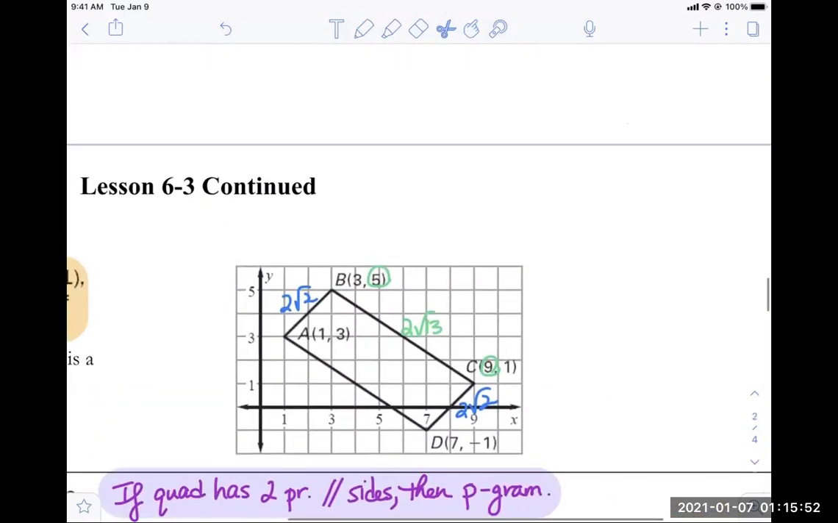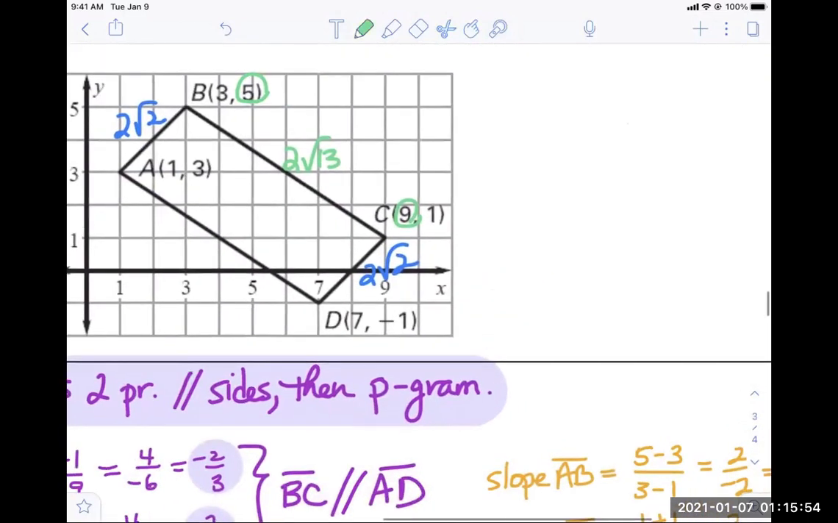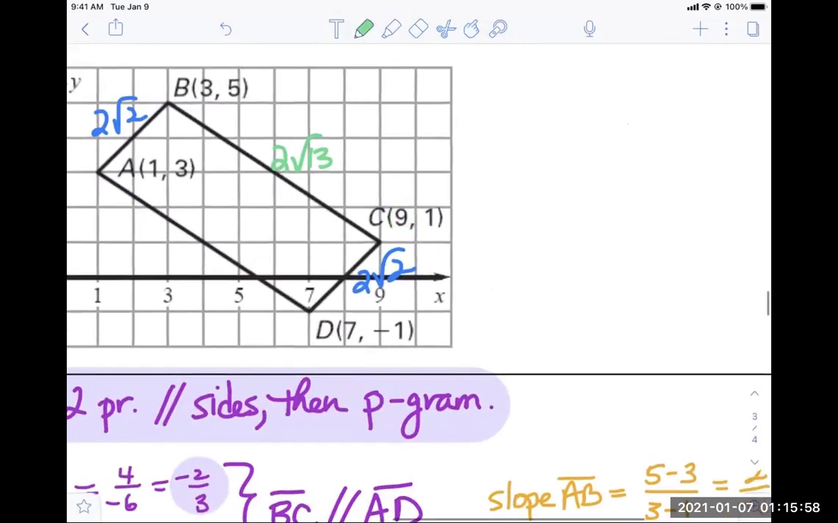Okay, then the last side. This is clearly a long process. It was easier to do 4 slopes than 4 distances. Okay, the length of segment AD,